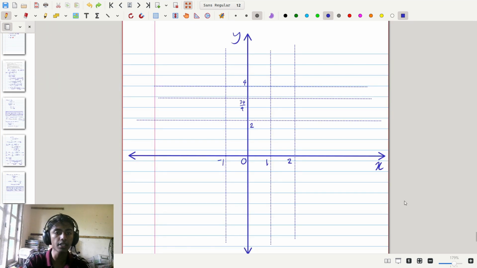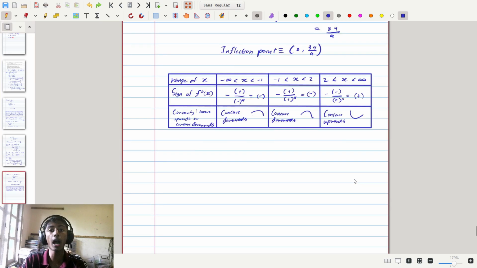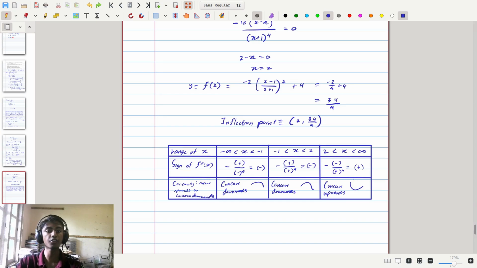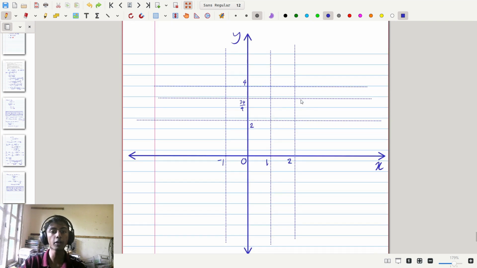As you can see here, before we start drawing the graph, I have already marked some important points on the x-axis and the y-axis that we are going to need in order to draw the graph. You can see I have marked x equals -1, x equals 1 and x equals 2, and on the y-axis I have marked y equals 2, y equals 34/9 and y equals 4. Now before we start drawing the graph, I'm also going to mark some important points that we know are already on the graph. So going up we can see we already know that our inflection point is at the point 2, 34/9. So I'm going to mark that point, which is this point right here, as the inflection point